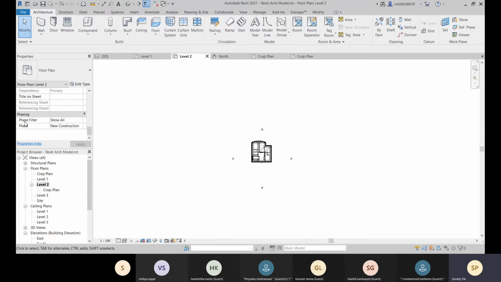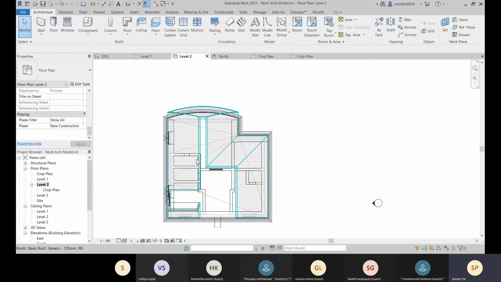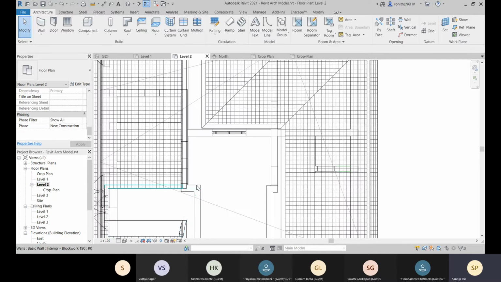And now let me go for this phases. Okay, so phases you define. Suppose you are creating one proposed plan. So there are some elements which are already existing. Okay, so that you have to define as existing. All right.